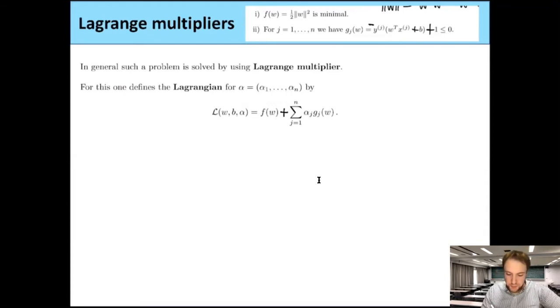Namely, what we did here is we have the function f, which we want to minimize. And here we have this function j. So for each training example, we have this constraint. And we have these Lagrange multipliers alpha, which are now some numbers, which in our case will be positive. So they all will be positive. And let's see why we want to consider this thing. So for this, first we define